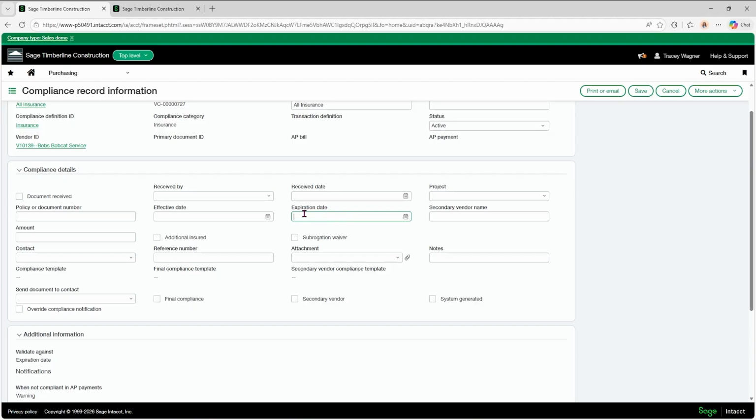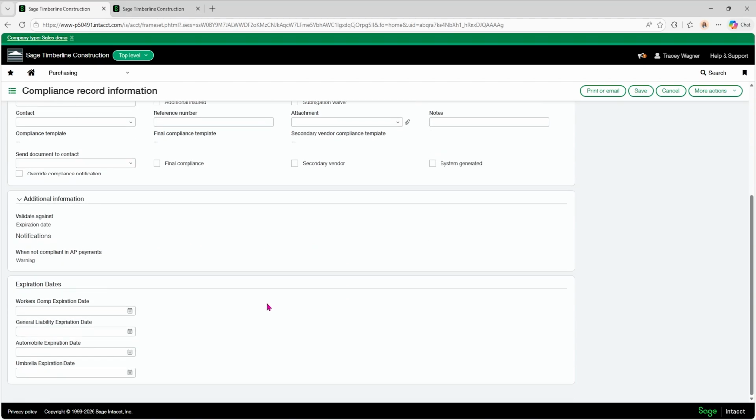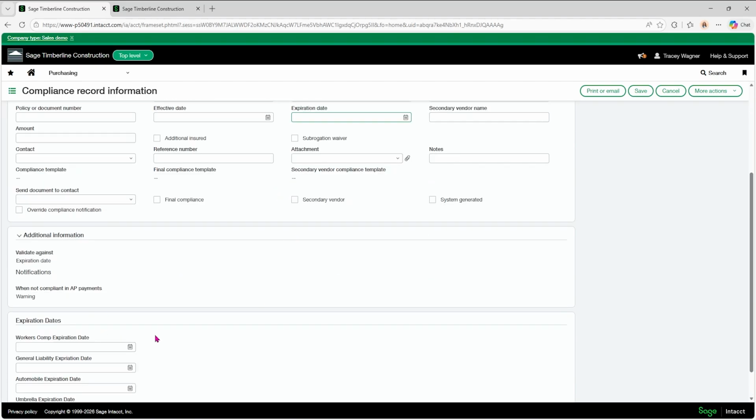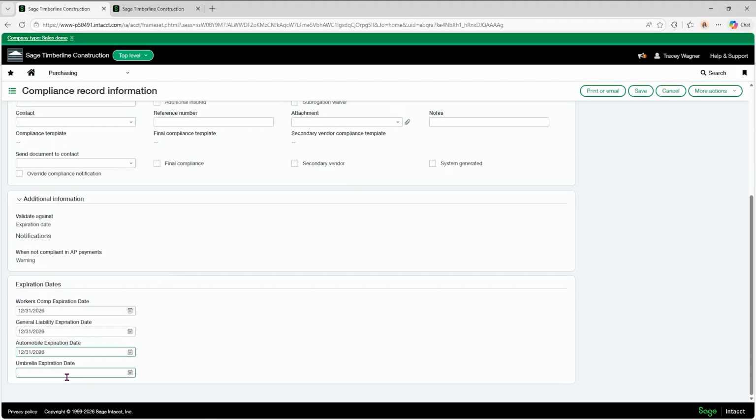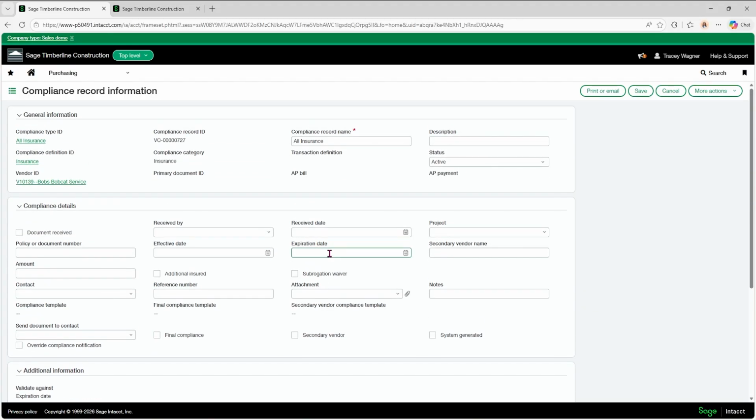And so that way you always have the most recent expiration date on here, and that will trigger your warnings for you. Okay, so if I looked at this guy's certificate of insurance, we'll just say that everything is expiring in 12/31/26. And then on this expiration date, I'm going to go ahead and put that in there.